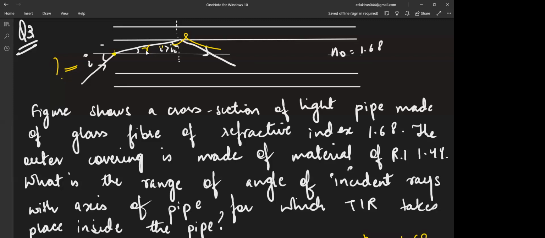If I know this angle of refraction, sine r, I'll immediately use Snell's law and I'll find out this small i, right? So the problem that is arising here is that I don't know the value of small r. Sine r is unknown to me. As soon as I find sine r, I'll be able to apply Snell's law and I'll get the value of this. Now what is happening, class? In order to find out,